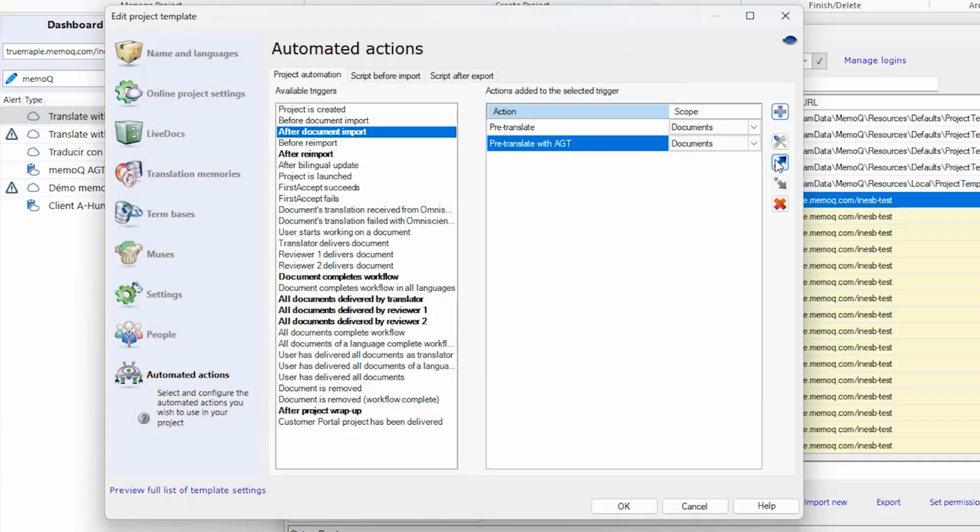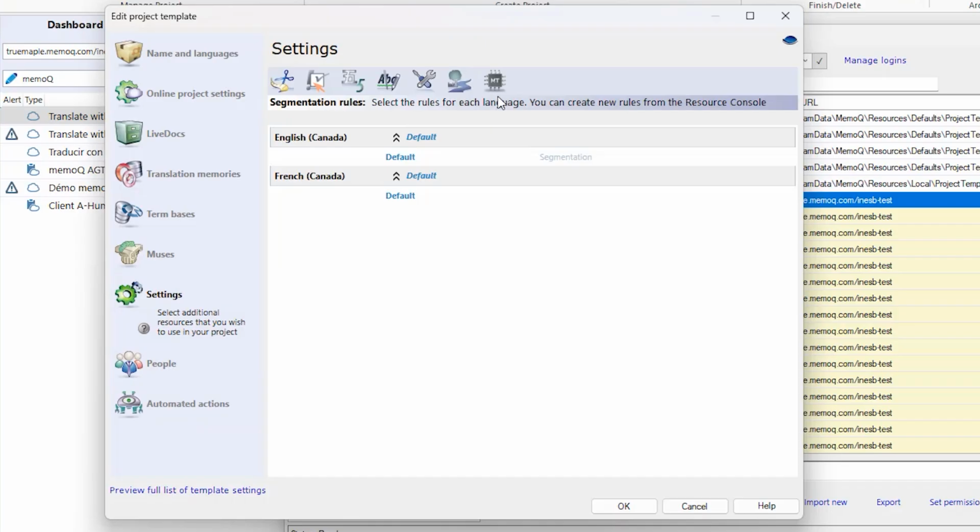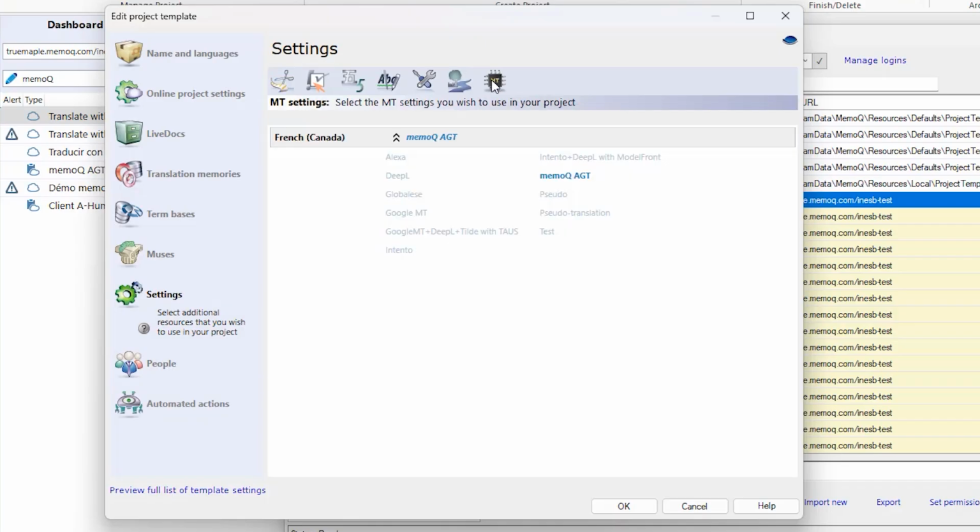If you set multiple automated actions for a trigger, remember to define the order in which they should happen by using the arrow icons. For this automated action to run successfully, you need to have a memoQ AGT empty setting configured in Set Template. When you're done, you can click on OK to save your configuration and close the Resource